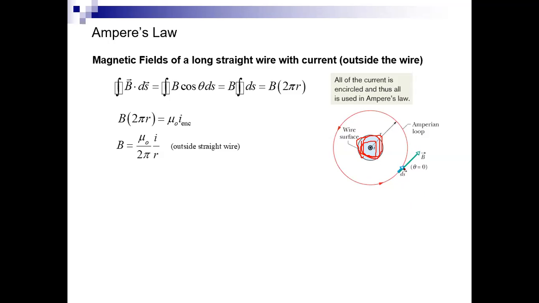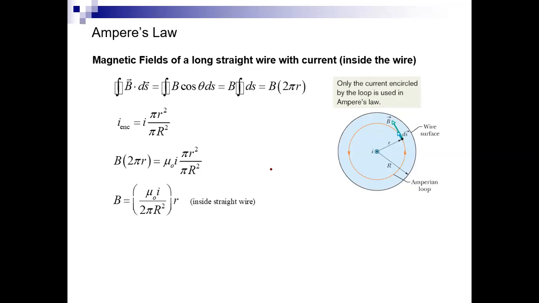We consider again some differential length over the Amperian loop, taking the direction of the current and magnetic field. Because this is all along the circumference of the circle, or Amperian loop, we put into this equation B times 2 pi r equals mu naught I. This is exactly the same equation which we determined by using Biot-Savart's law with much complication, but here it is solved within a few steps. So this is the importance of Ampere's law.